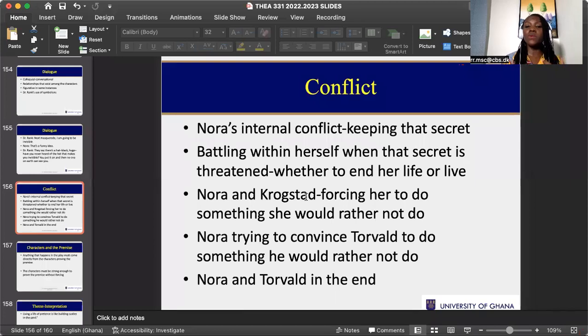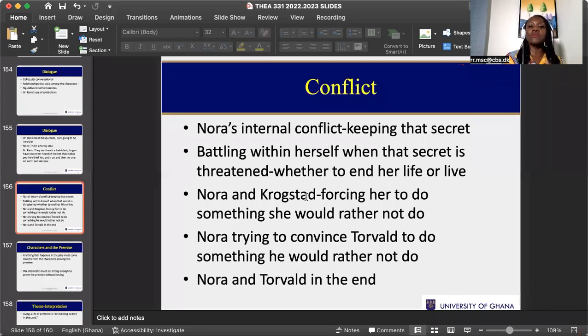she's been struggling within herself, because she wants to live with her husband in an honest way, but she knows she's keeping a big secret from him. And she knows that she wants to finish paying the debt quickly so that that conflict will just disappear within her. But as it is, she has been living with that conflict for 8 years. And so also battling within herself to keep the secret.